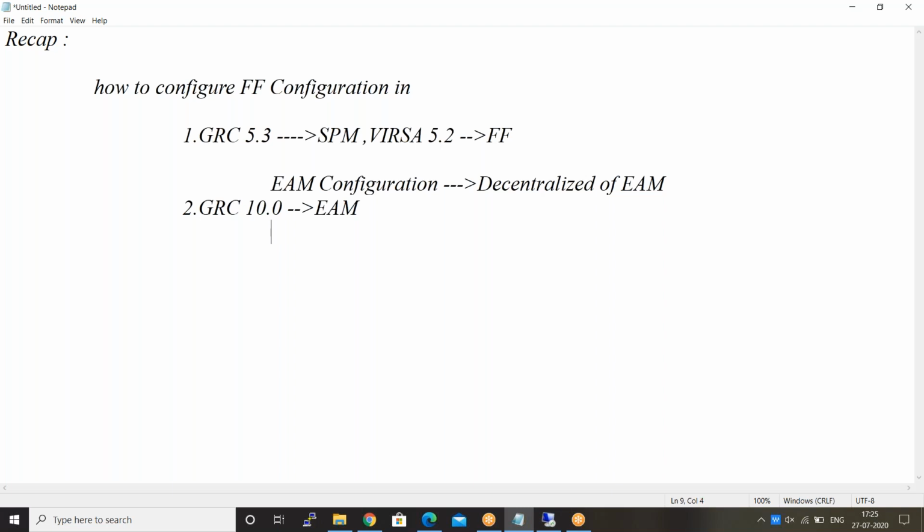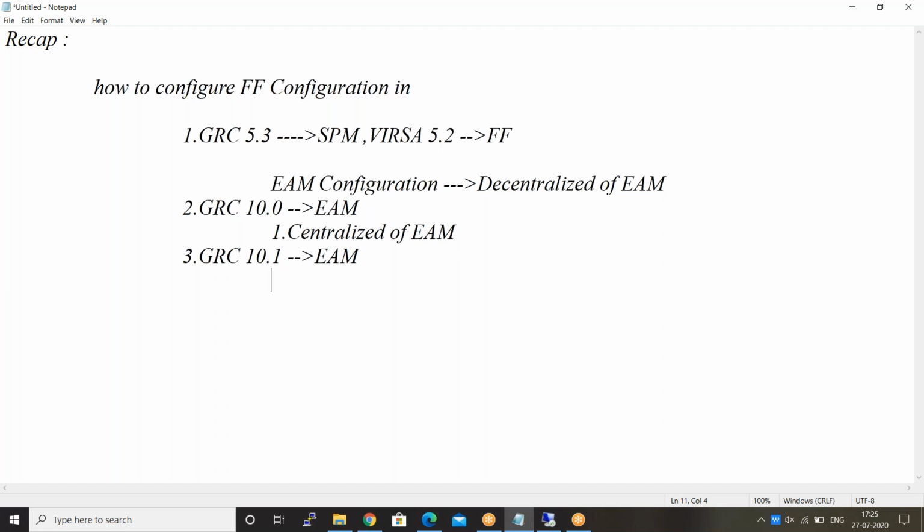The best feature is the centralization of your EAM configuration. After that, we discussed GRC 10.1. In GRC 5.3 and the old versions, you have the decentralization concept. Now in GRC 10.0, centralization is there.